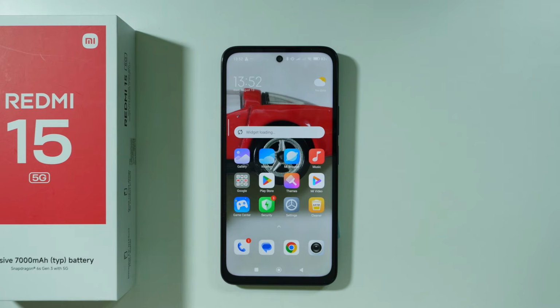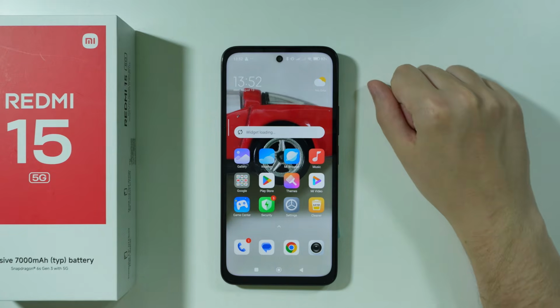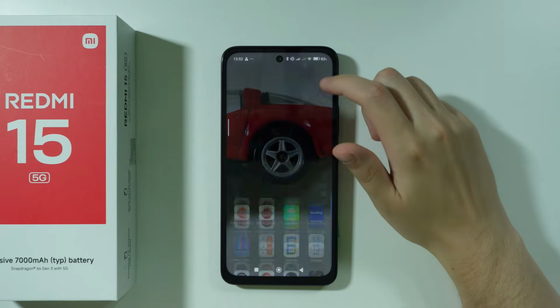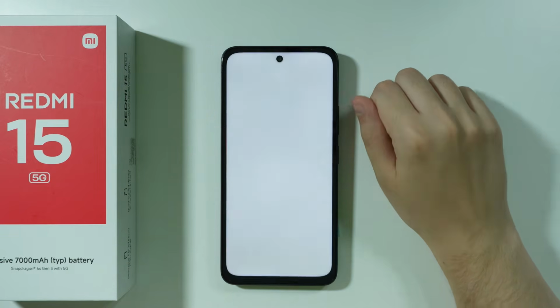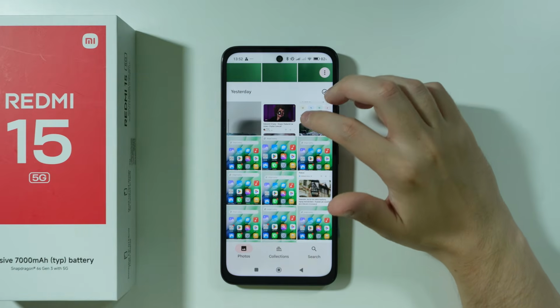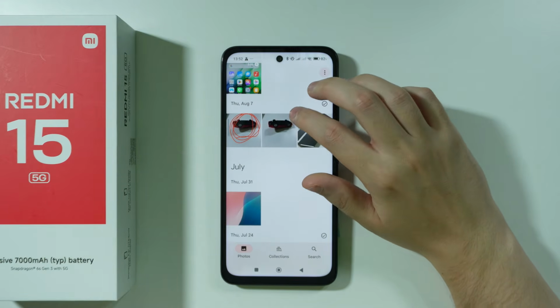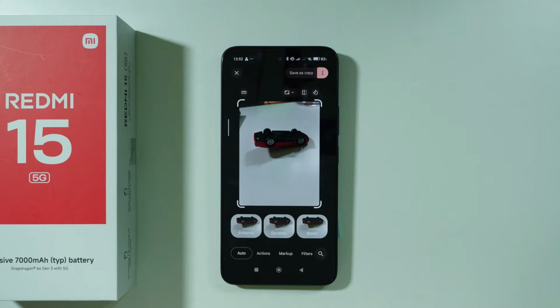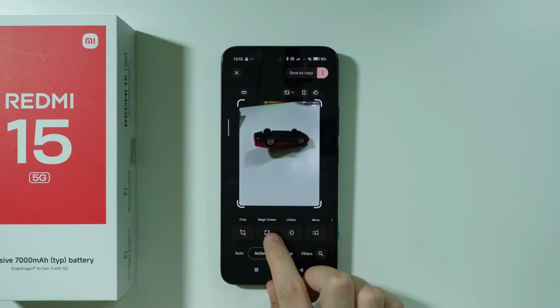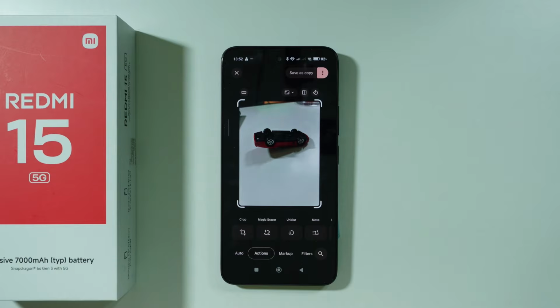If you want to remove an object from a photo on a Redmi 15, then you can try to use the Photos app that we can find in the app drawer. It is a pre-installed app by Google, and this app is pretty much the same as Gallery, and it has some editing features. So if we go to edit over here, then you should be able to switch to actions,